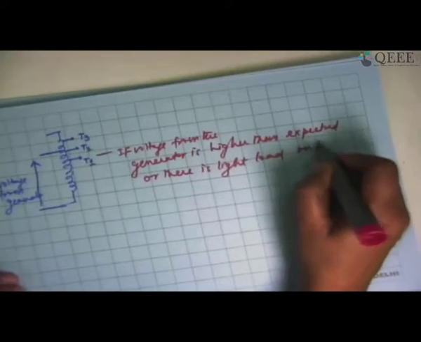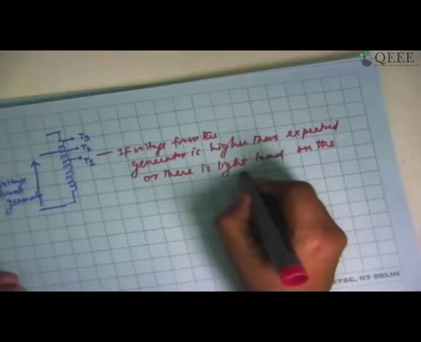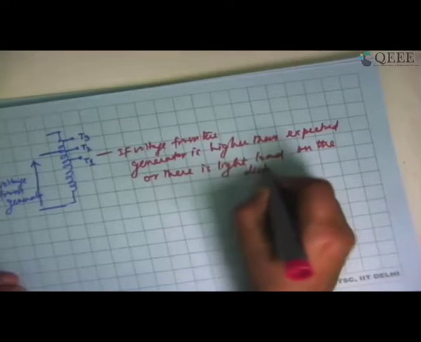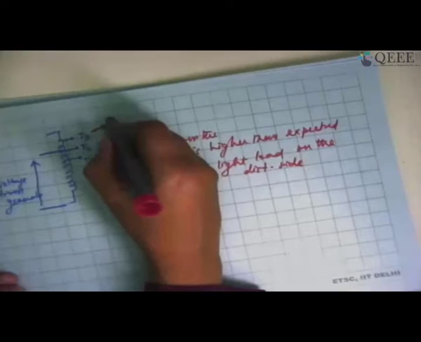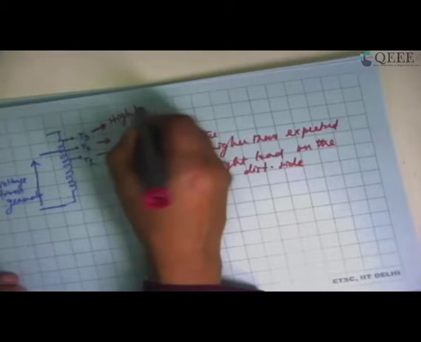Light load on the other side, light load on the distribution or transmission side. Whereas T2 will be used when there is nominal load and nominal voltage from the generator. T3 will be used at high loads, or when the generator voltage is smaller. So I can use a variac by having several taps, and then I can connect it anywhere. That's not a problem. So this is going to be the output point.